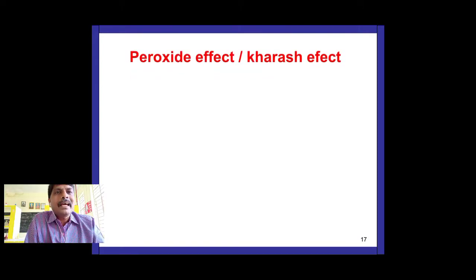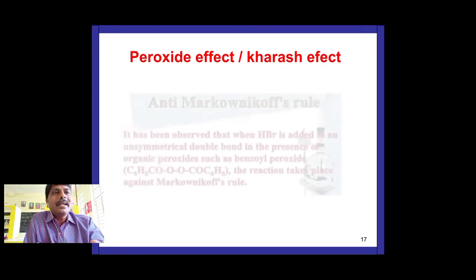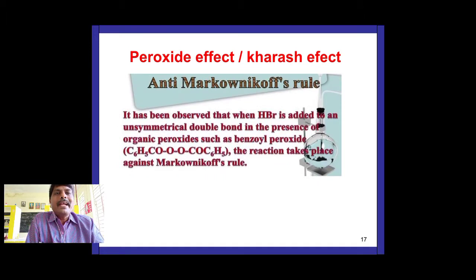So one more rule is there, peroxide effect or Kharasch effect. Peroxide effect or Kharasch effect, you can call it as anti-Markovnikov rule. It is quite opposite to Markovnikov rule, but it takes place in the presence of peroxide. Hence it is called peroxide effect. Here, what is the anti-Markovnikov rule? When unsymmetrical reagent like HBr, you have to underline this point, like HBr, hydrogen bromide, if you add to unsymmetrical alkene, Br minus, the negative part adds to the double bonded carbon atom having more number of hydrogens.